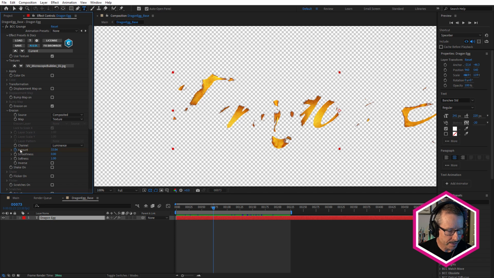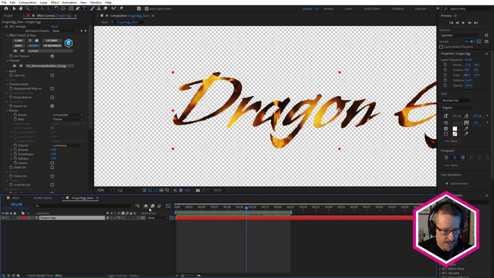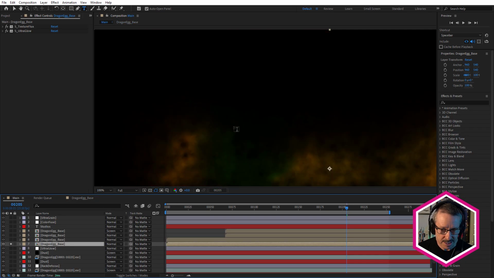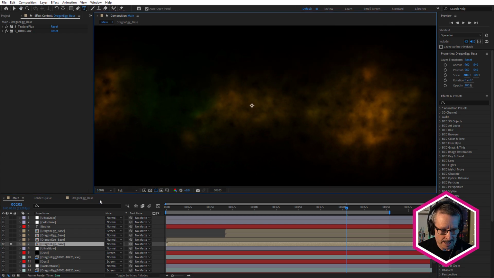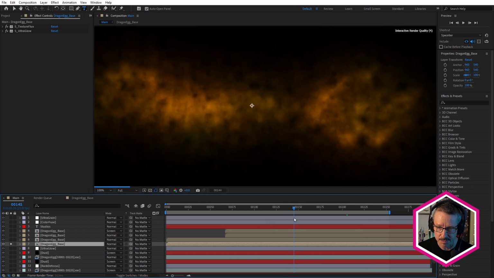You can see I've added a couple of keyframes to the amount. And I've used the texture here. I could use a layer from After Effects if I wanted to for this. This is a great little feature in Grunge, being able to animate the erosion based on an image map. So just have that come on like that. And we come back to the main comp. I'm going to solo this, and we're going to go through this layer by layer. So this is the bottom of the Dragon Egg text. And you can see it's basically just smoke really.